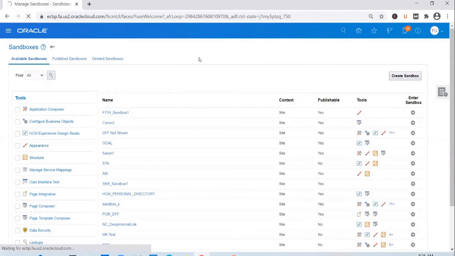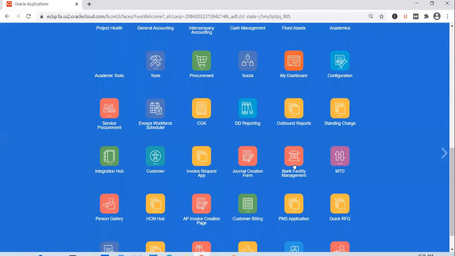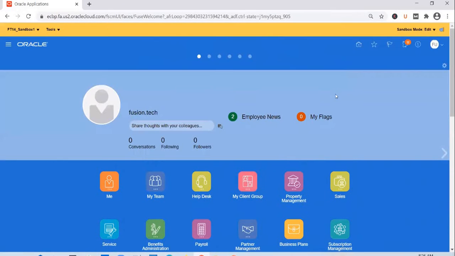So when they get into the sandbox mode, they will be able to see all the changes that you have done. They will be able to verify the UI related changes, and they will provide you feedback as well. So if everything is fine, they will say that it's looking good, go ahead and publish it. If they have some issues, they will let you know.